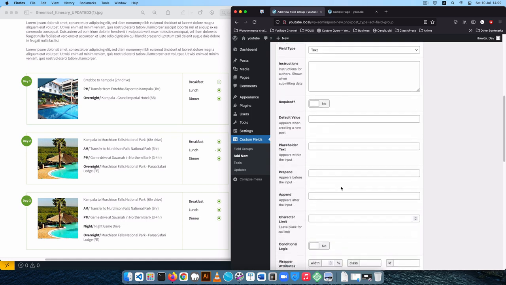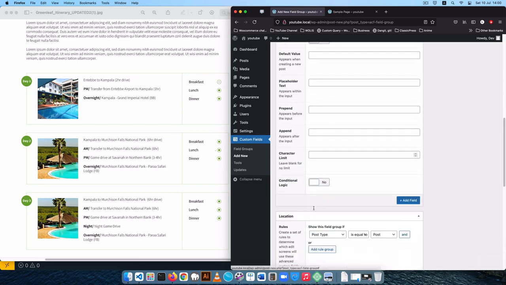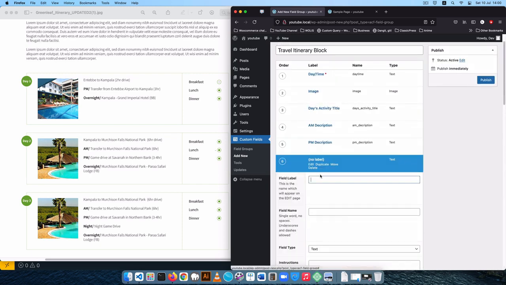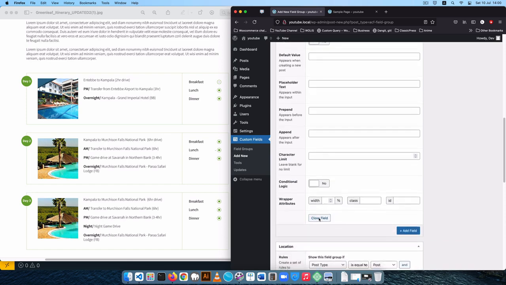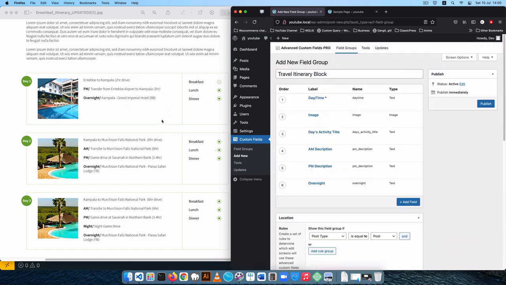I'll leave this as a text, and then close this field as well, and then I'm going to open up an overnight. That will be a text as well. I'll close it. Now the next important part that I need to do is this area with breakfast, lunch, and